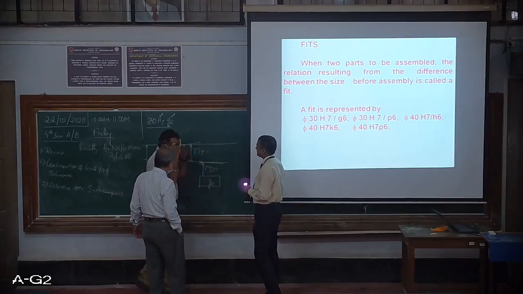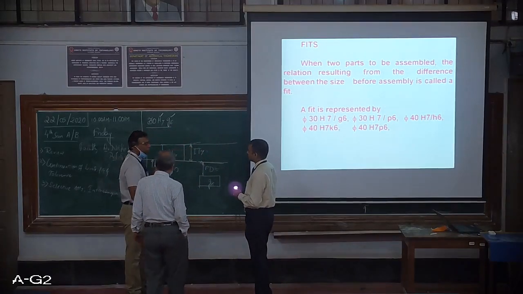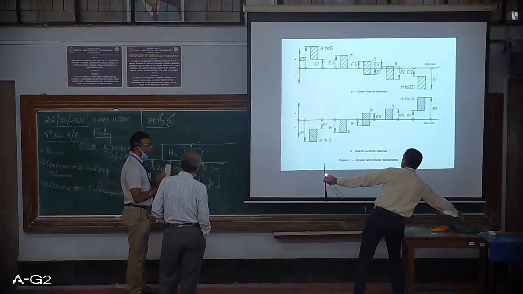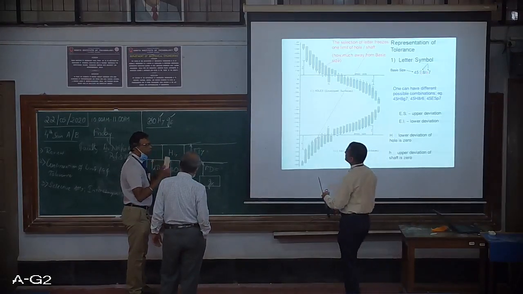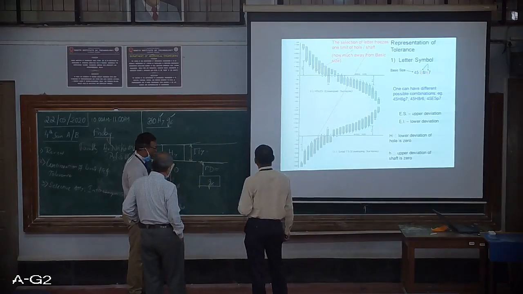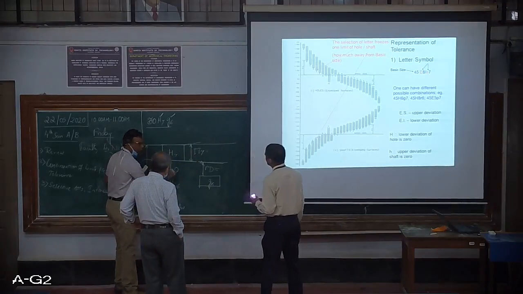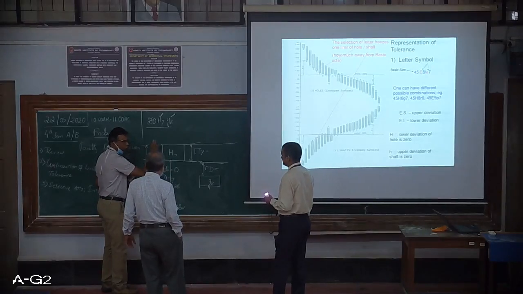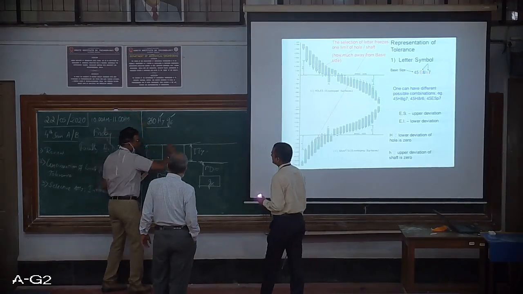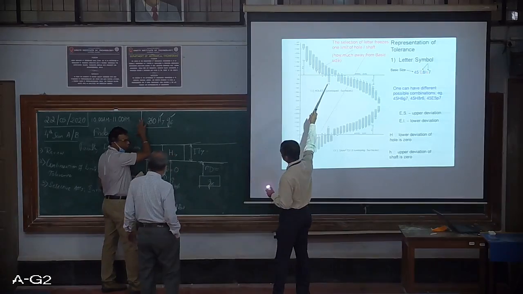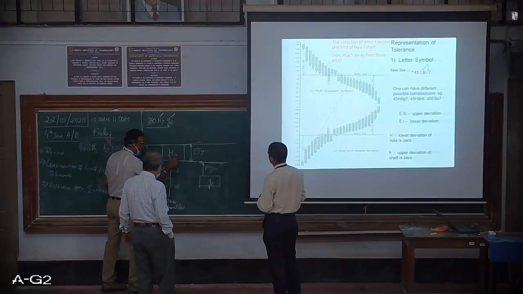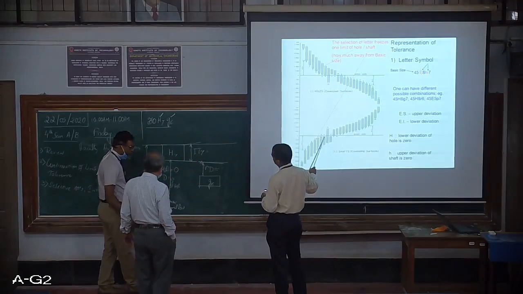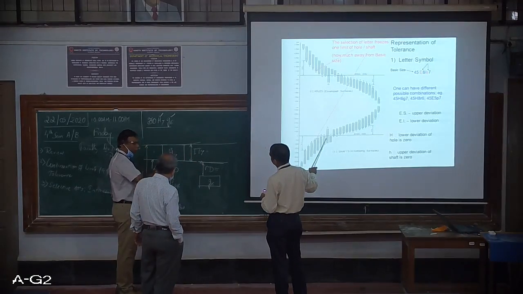So if you bring this drawing in the mind, positive, negative confusions or any such misunderstandings can be eliminated straight away. So we are not worried about plus side, minus side. However, this is the plus side, positive deviation for the hole, H hole. Right up till A to H, we will have positive holes, positive deviations. And for H hole and H shaft, fundamental deviation is 0. Now, there is one small